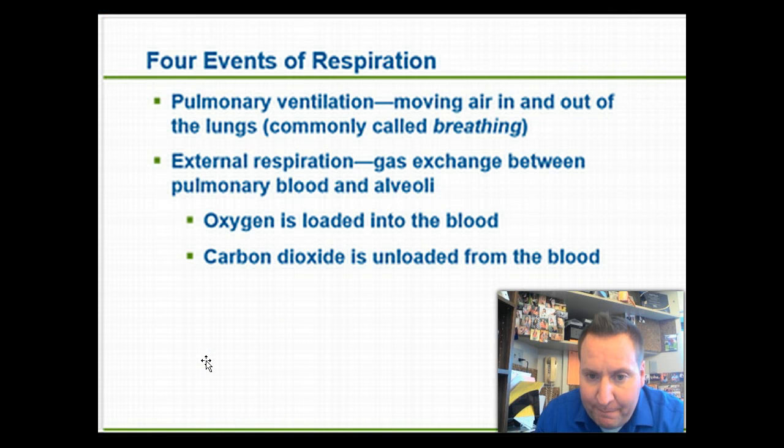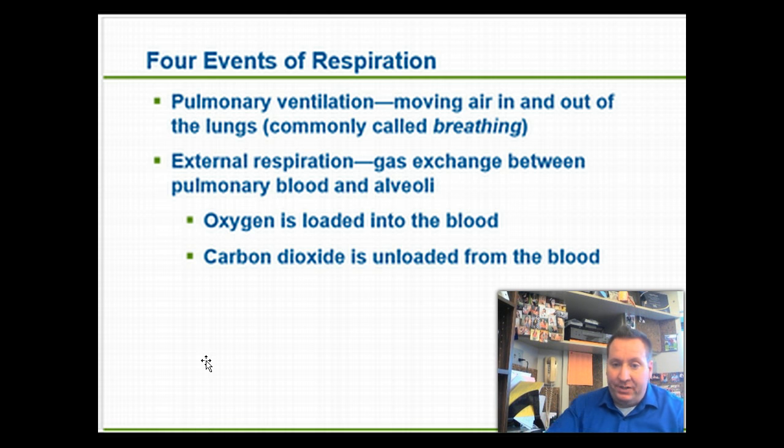So when this diaphragm moves downward, it's going to decrease the amount of pressure, allowing air to come in. When this diaphragm moves in an upward-like fashion, it's going to increase the amount of pressure, which is going to cause the air to be expelled from the lungs. So the very first part of respiration, in order for it to occur, is we have to have this movement of air in and out of our lungs. And the major muscle that's responsible for that is the diaphragm. We call that pulmonary ventilation, the movement of air in and out of the lungs. The next thing that I have to have is external respiration,